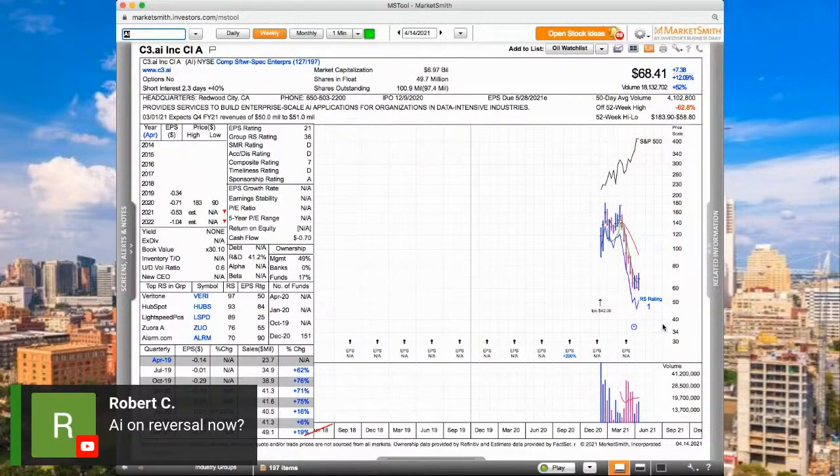And another thing I want to point out here is that there was a major sell-off by some of the insiders. That's what this negative in the circle means. There was a major sell-off, so the officers of the company are heading for the exit. They have negative cash flow. Their chart is looking bad. And so even though they do have 17% funds in here, I think you got to be way careful on